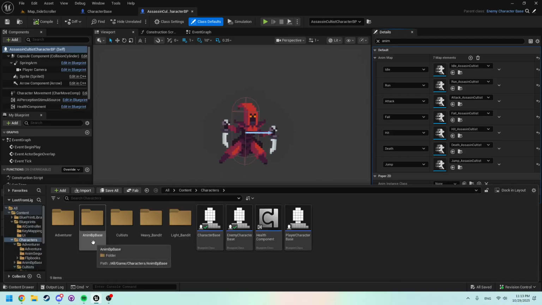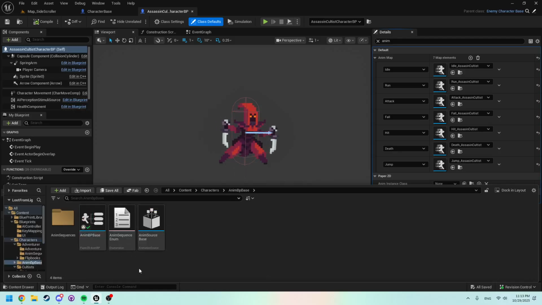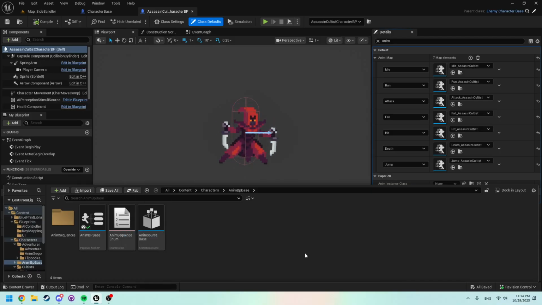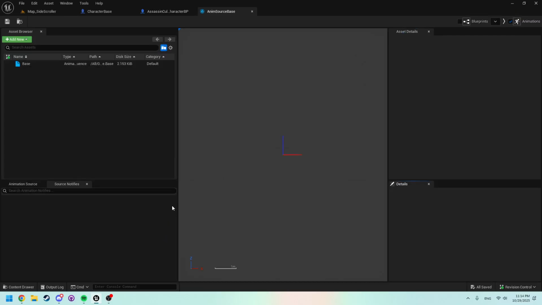So we'll go back to my folder, and this is where we're going to add in the AnimBP base, or just a generic AnimBP, whatever name you'd like. We can right click, PaperZD. Reminder, to make an AnimBP, you need a source. So we see here I have an anim source base. Within here,